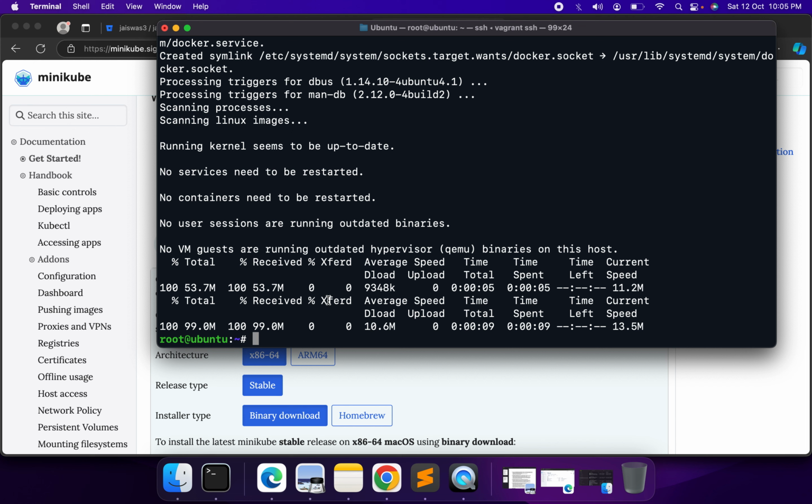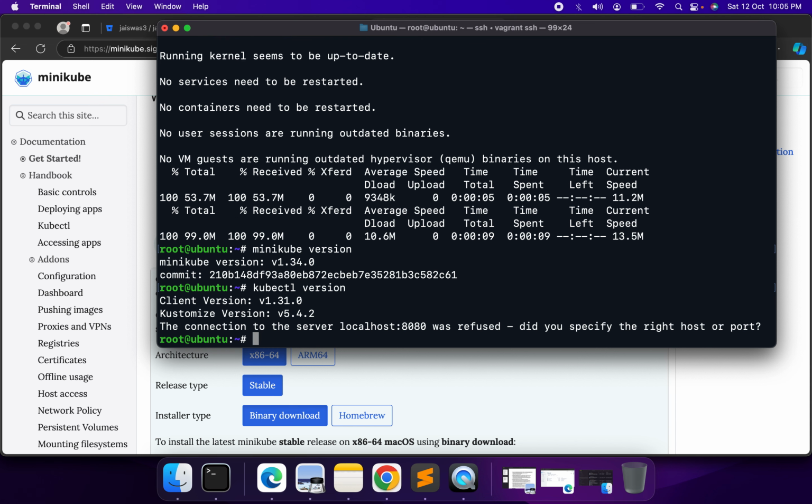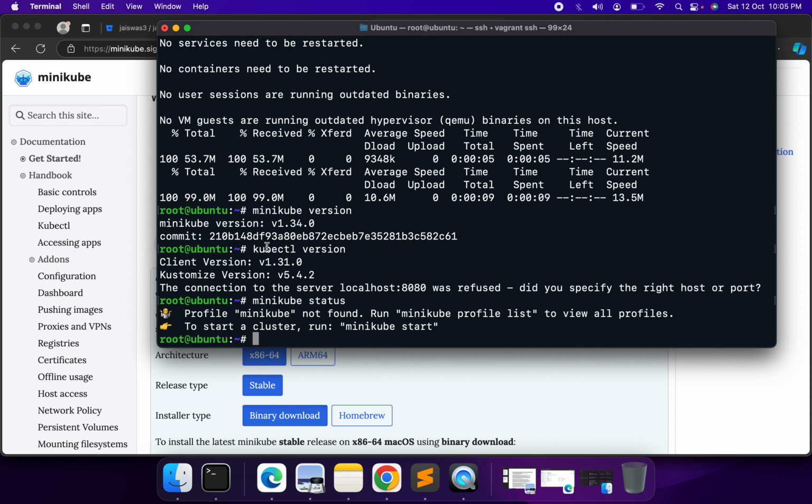Let me just check. Okay, so I'm just checking whether our installation is up or not. So all right, now if we do minikube status, Minikube is installed, but in order to start our cluster, we need to use